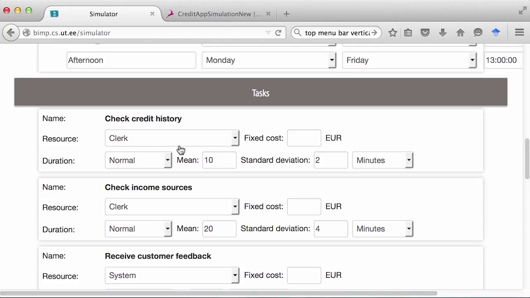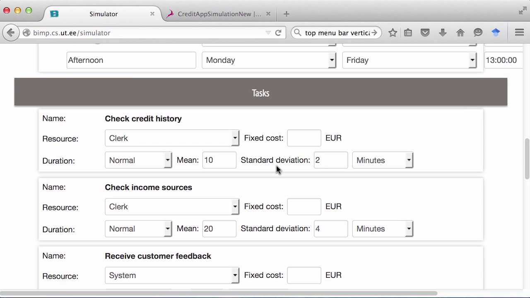For example, we have specified that the check credit history task is performed by a clerk, and that the processing time of these tasks follows a normal distribution with a mean of 10 minutes and a standard deviation of 2 minutes. The assumption of a normal distribution makes sense here because this is a rather routine task.